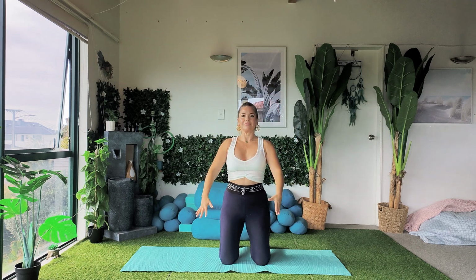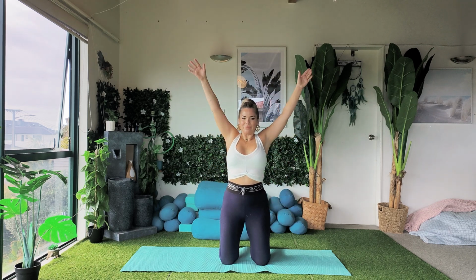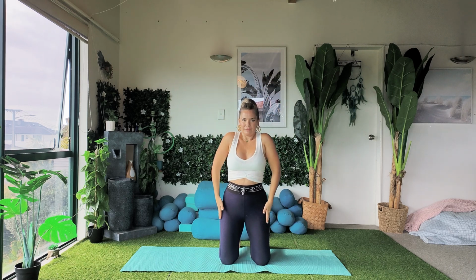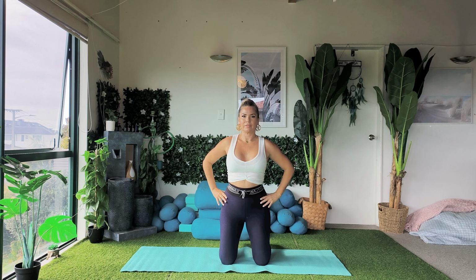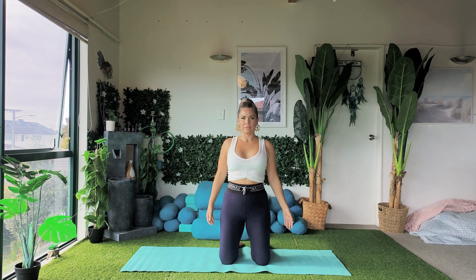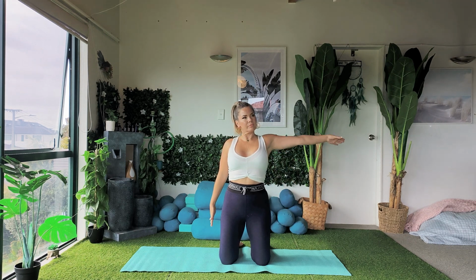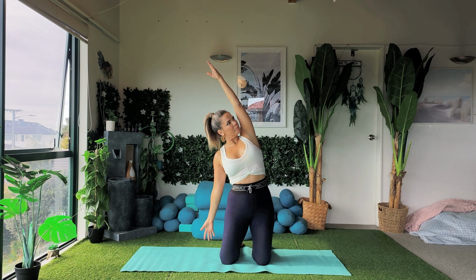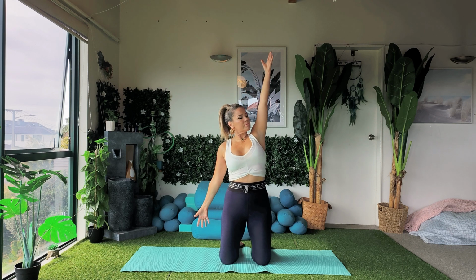Lifting up out of the pelvic floor. Feeling that zip up all the way through that center line as you engage into the core. Pelvis and the core muscles are needing to really kind of stabilize you here. So this is also core work. Awesome. Coming back through center, guys, and just starting to let those shoulders release down the back, finding that long